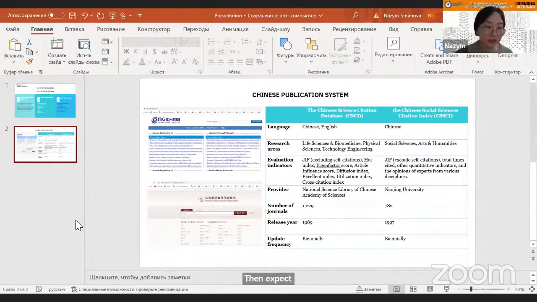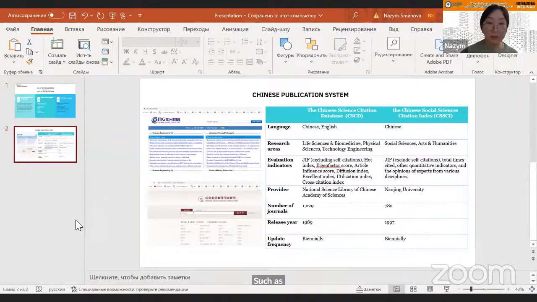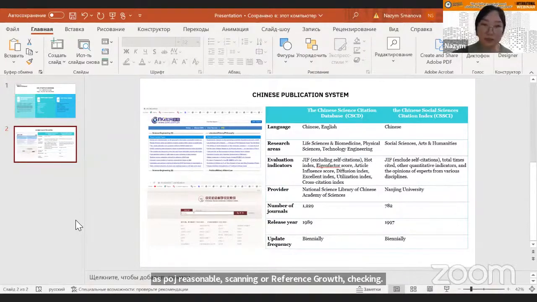And new technologies which assist editorial assessment have also developed, such as plagiarism scanning or reference cross-checking, combining automatic detection and peer recommendation into this system. And after observing Chinese publication, I come to the conclusion that the most important thing when planning to publish in Chinese journals is